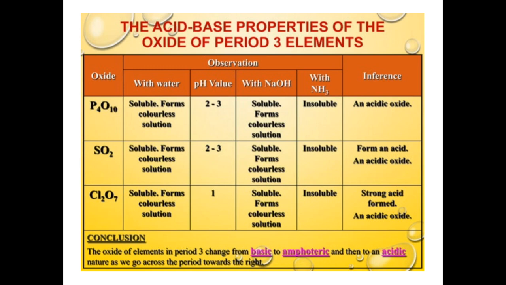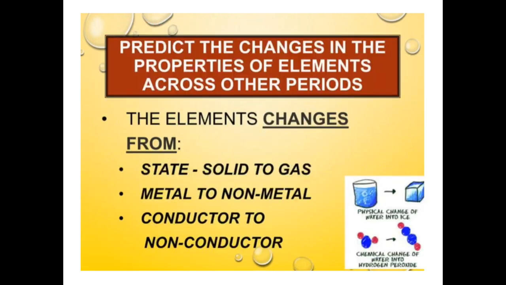So the oxides of elements in period 3 change from basic to amphoteric and then to acidic as we move from left to right of the period 3 elements. We can predict the changes in the properties of elements across other periods. To summarize their properties again, the elements change from solid to gas, from metals to non-metals, from conductor to non-conductor,